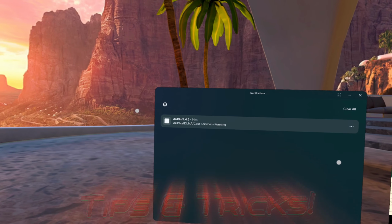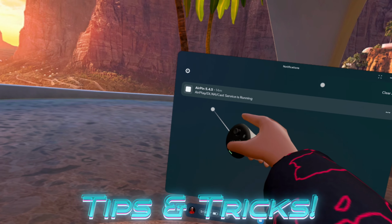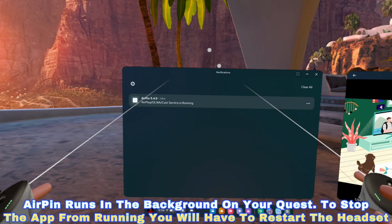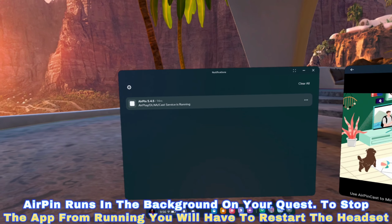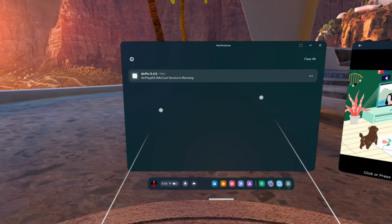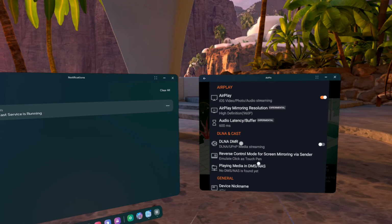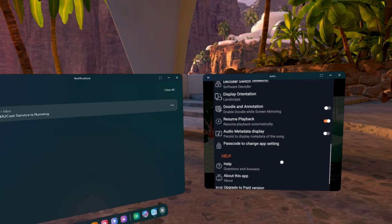Alright, so one more quick tip here. You'll notice that in your notifications you'll see AirPlay DLNA cast services is running. That's going to always be running when the application is started on your device. So there's not a real easy way to stop it, but I will give you this cool note. I didn't notice any performance issues or problems, but I will tell you this: if you don't want AirPlay or casting to start out on your device when you first boot it up, you're going to want to make sure